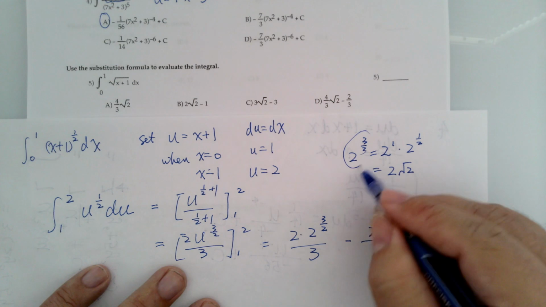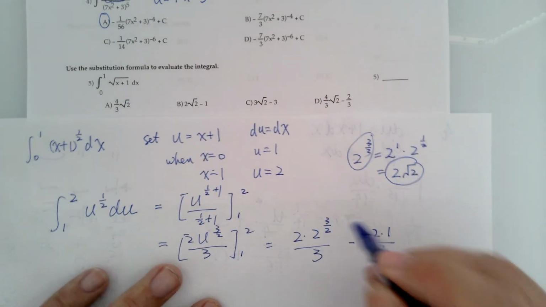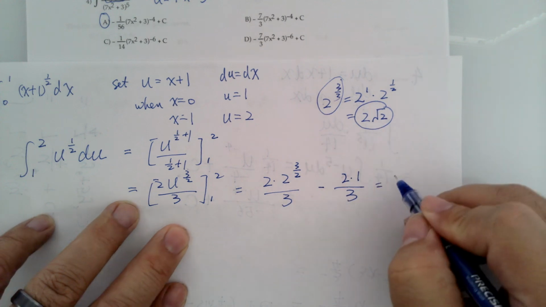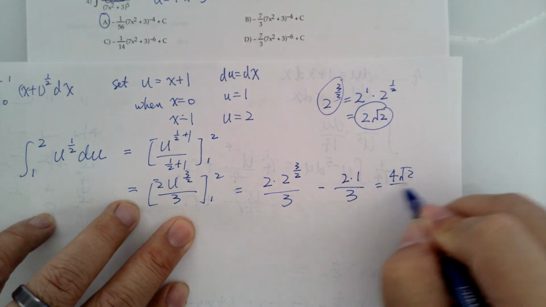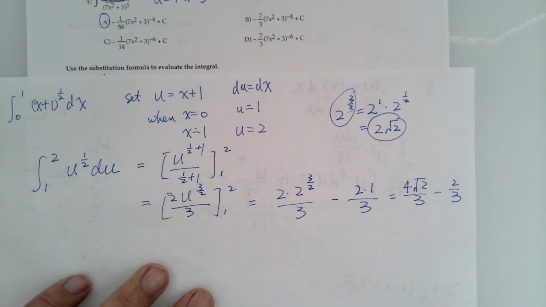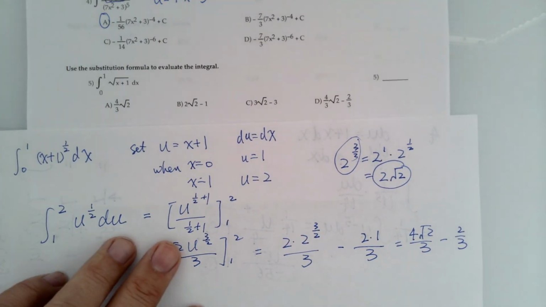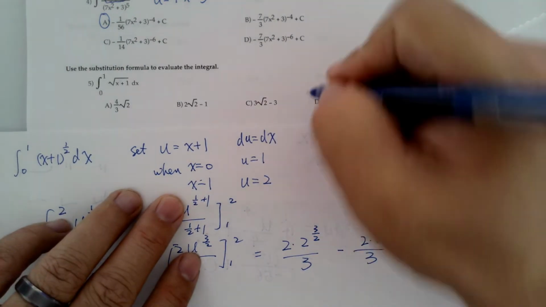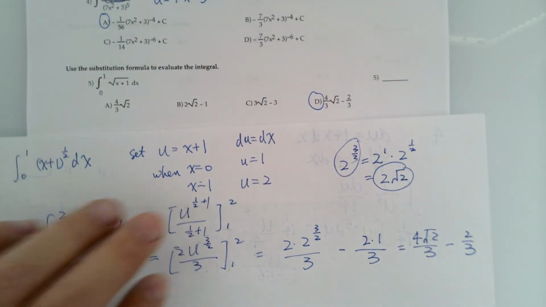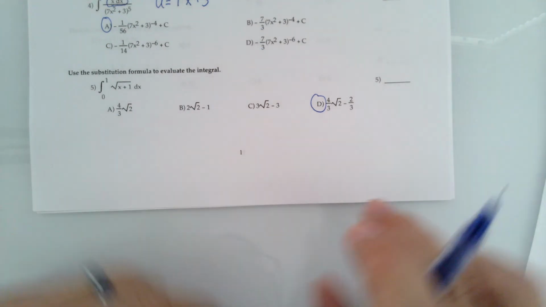So if you substitute this, you're going to have 2 times 2 square root of 2, which is 4 square root of 2 over 3 minus 2 thirds. Okay, so that's the answer. If we look at it here, it turns out that the answer for number 5 is D. Okay, so that's number 5. All right, so